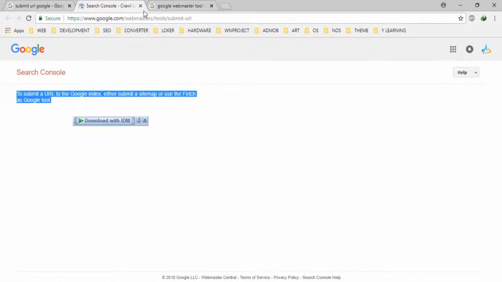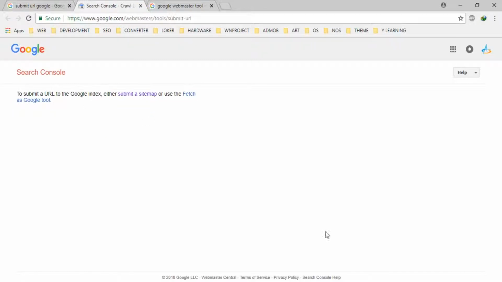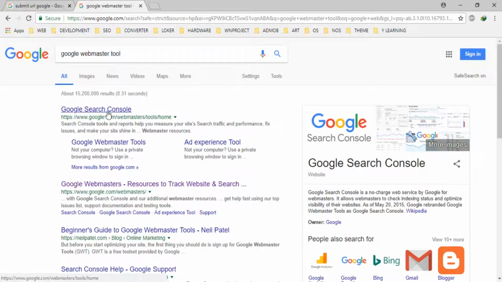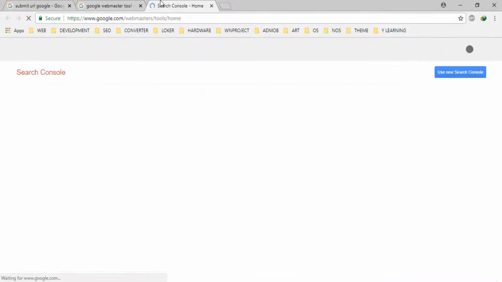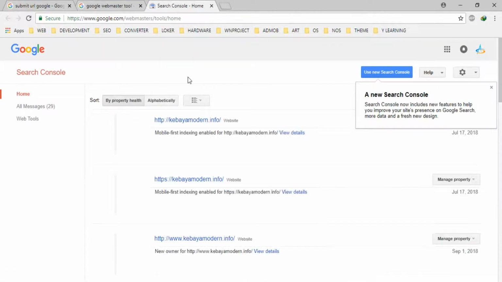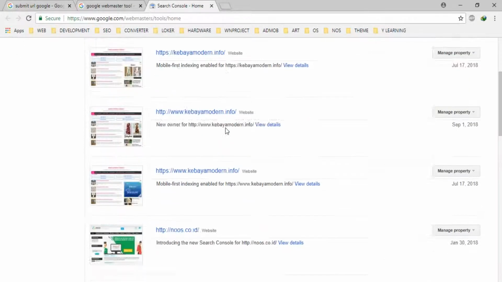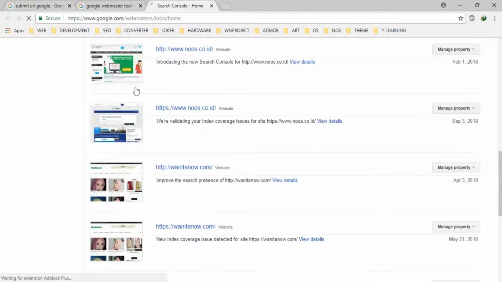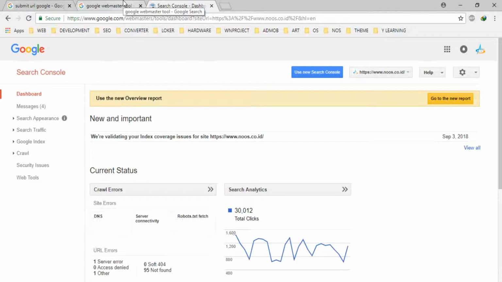Okay, after you create an article, it's better you go to Webmaster Tools, like this, and then for example open your website in here. I want to use this for my site. Okay,